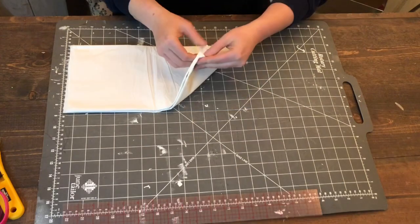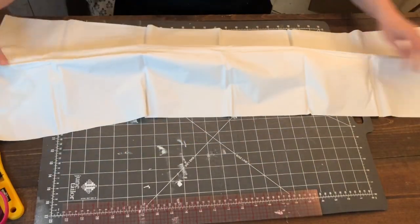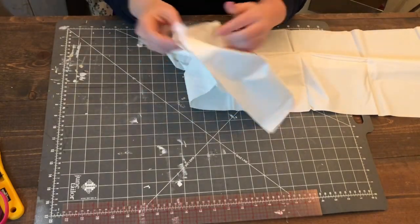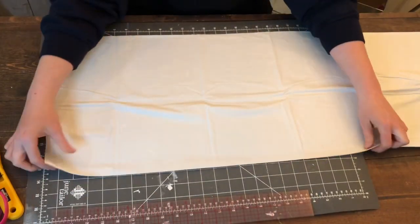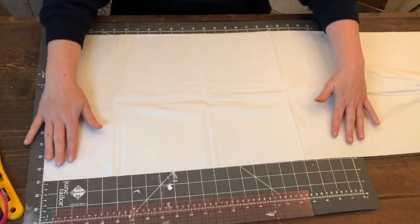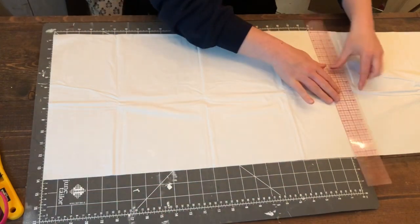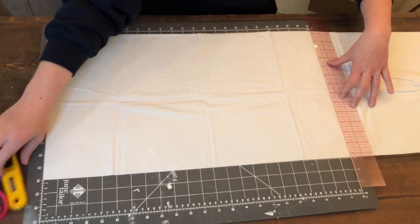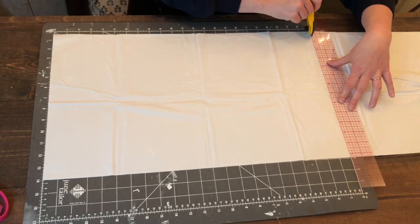First, you need to start by taking the tablecloth out of the packaging and unfolding it lengthwise. Be sure that you are only unfolding the length and not the width. Leave that totally folded. Now you need to align the tablecloth along one of the lines on the top and then along the sides as well. I made mine 23 inches long, which was basically the size of my mat. That seemed to be a pretty good size for the tassels that I was making. Now once you have your desired length, using your rotary cutter and your straight edge, just go ahead and cut